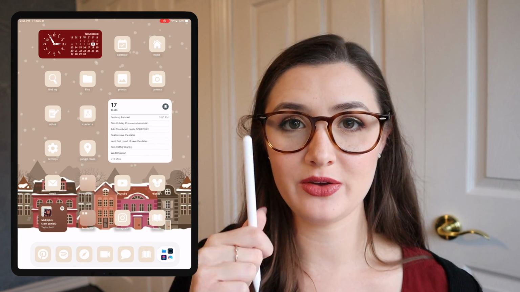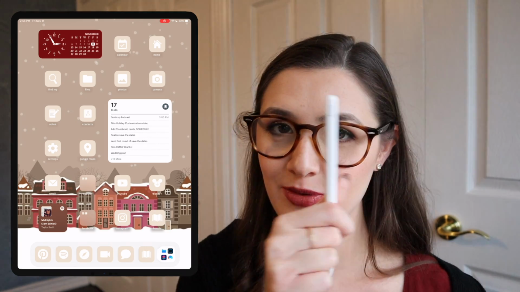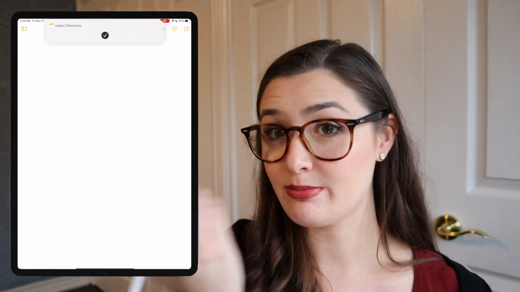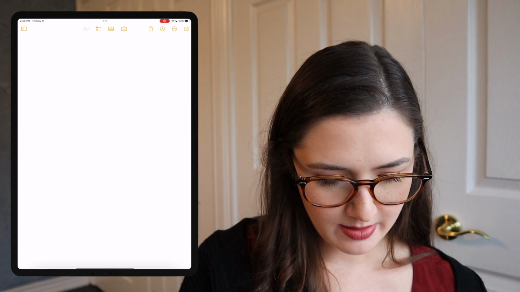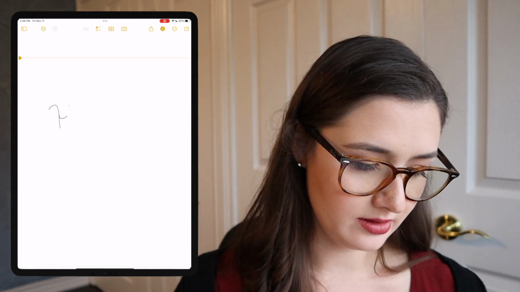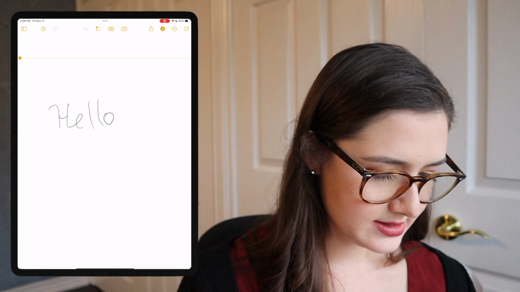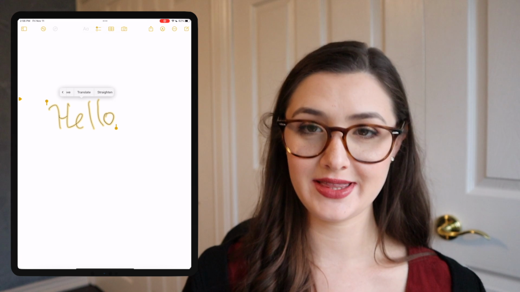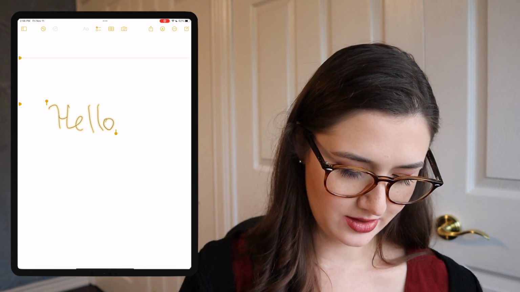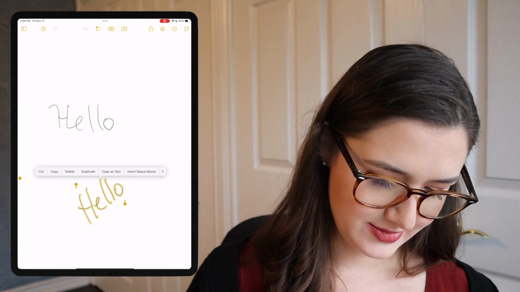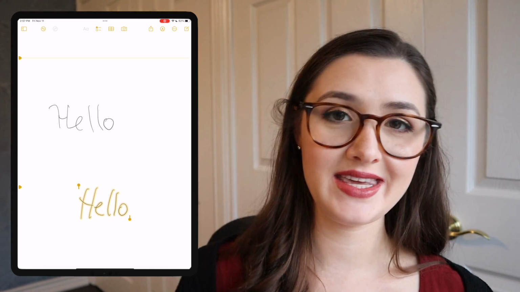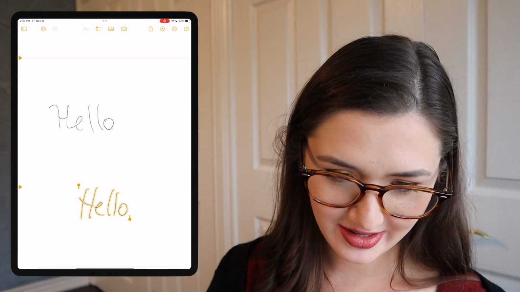The next new little update is within the Notes app, where you can scribble with a pencil if you have an Apple Pencil. So let me just select my pen and write something. So I'm gonna write hello. I have awful handwriting, so apologies. But you can now select what you've just written, and if you go to the end, you can straighten the text. Now, I really didn't write that so slanted, but let me just do that again, and it straightens it. Looks a lot neater, even though it's still not the most neat writing. That's a fun new feature.